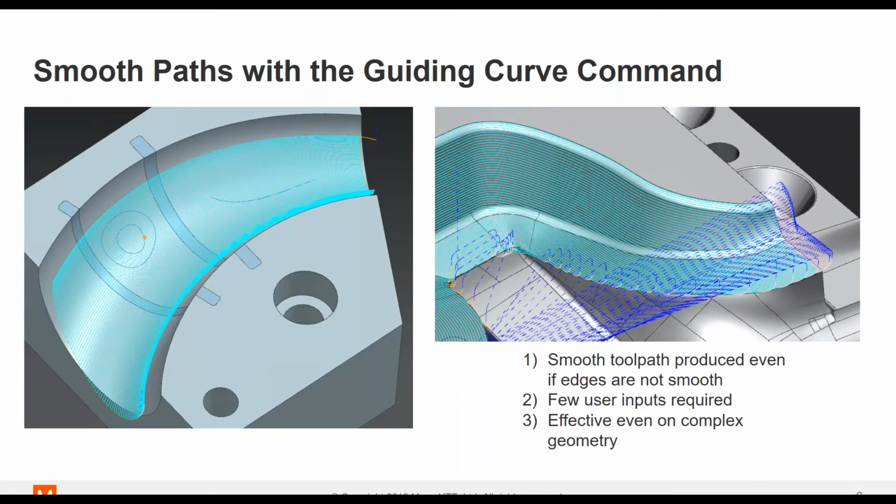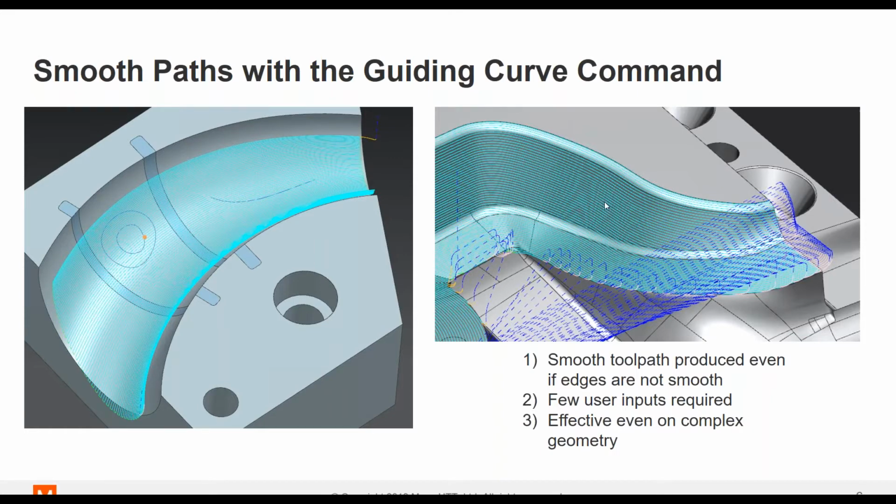Yes. Excellent, thank you. We're going to start with smooth paths using our newer guiding curve command. On the screen, you see two pictures that differentiate the two uses for this command. On the left side is what we call morphing, and that's a situation where we want a smooth path at both edges of our surface that we're machining. You can see the way we do that with morphing. On the left side of that image, the step over is reasonably large, but of course at the other side, to make that all work out, the step over decreases in size.